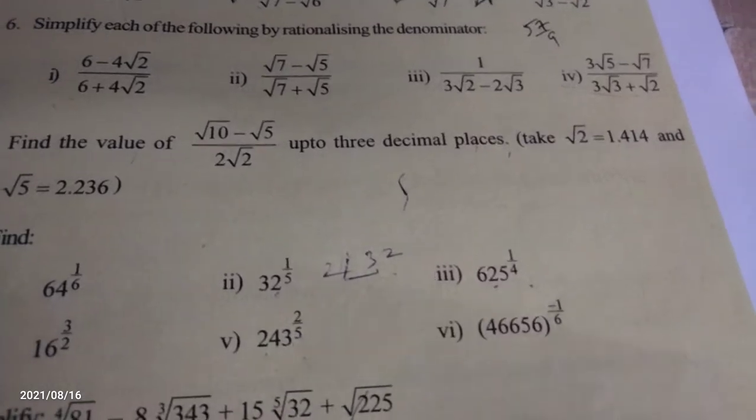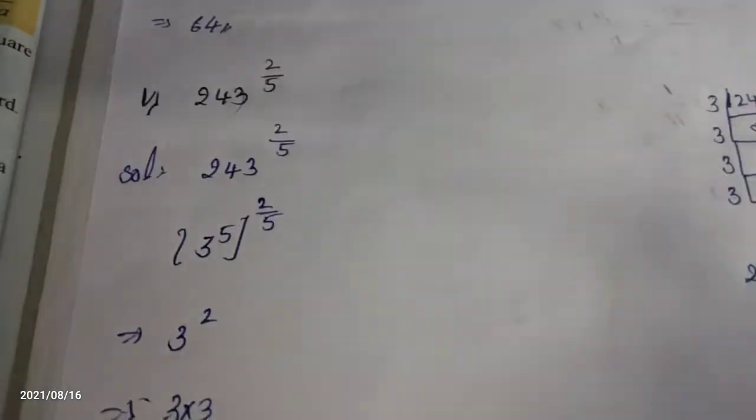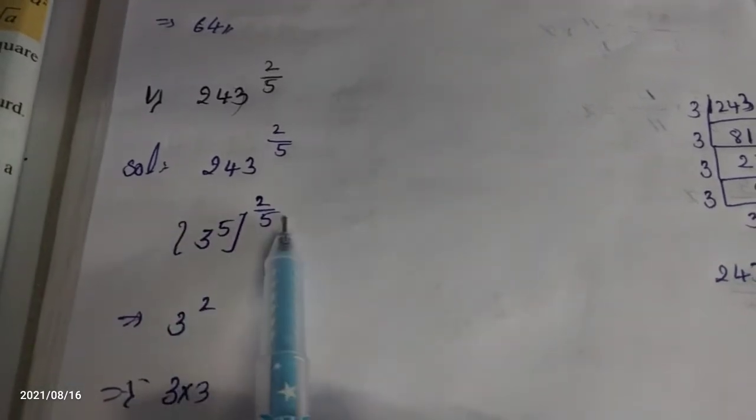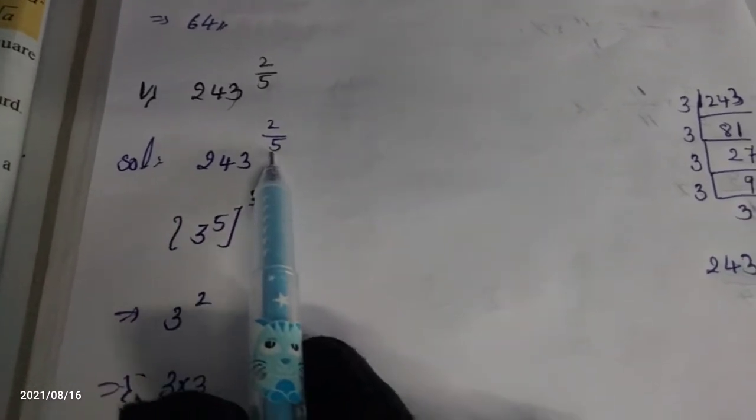With the help of LCM, in the first step we convert the base with respect to the power. What is the power here? Power is 5. With the help of LCM we are changing the base. What is the base? 243. With the help of the 3's table we are converting. First we observe the 24. 3 8s are 24 and 3 1s are 3. What do we get? 81.